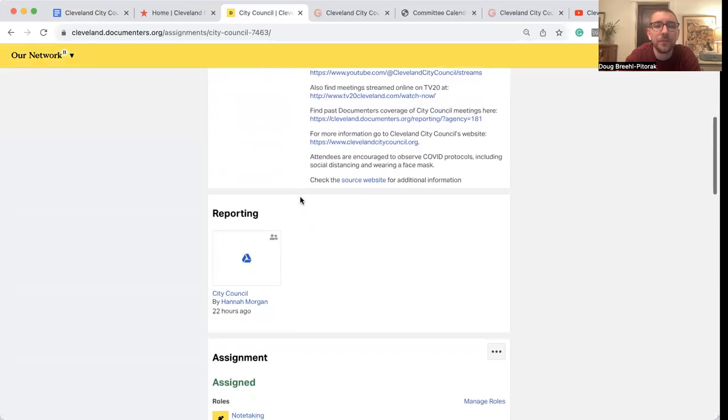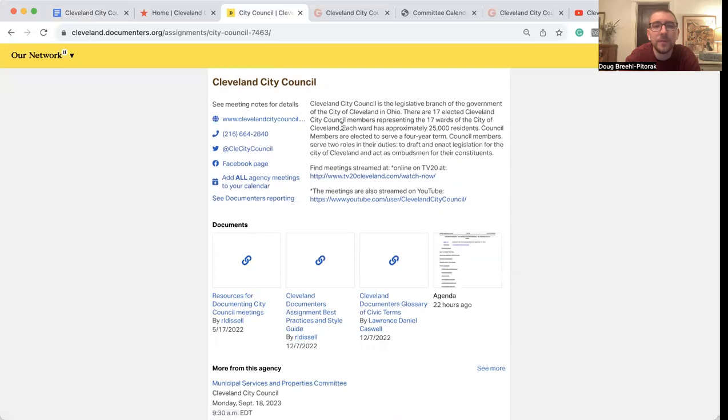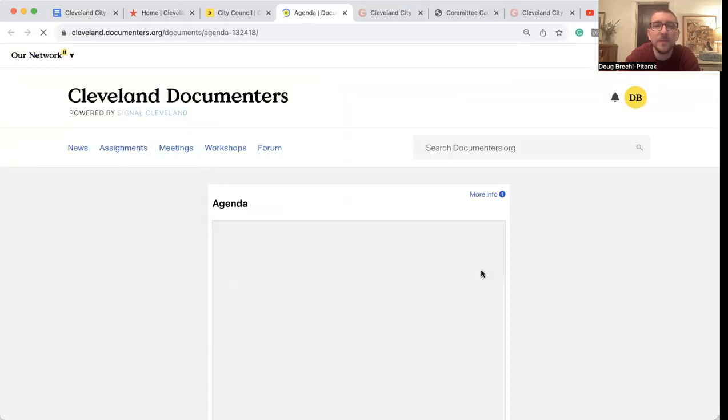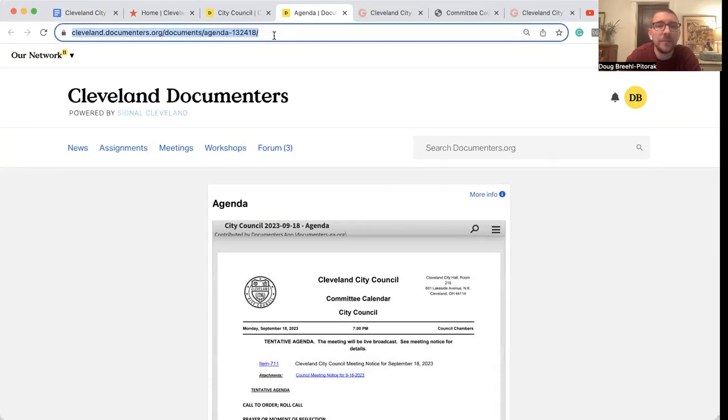If you scroll down a little bit, beneath the meeting agency information, you'll see a row of documents here. These are typically resources that we put on the assignment, but also you'll see agendas there from the city government websites themselves. If you click agenda, it brings up this page where the agenda is embedded on documenters.org. So from this point, you can just grab a link to this web page